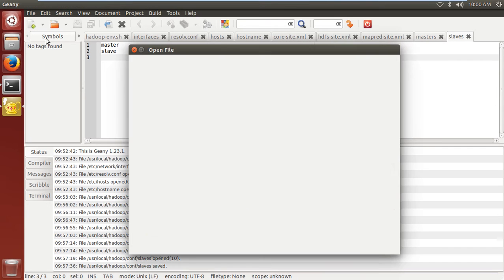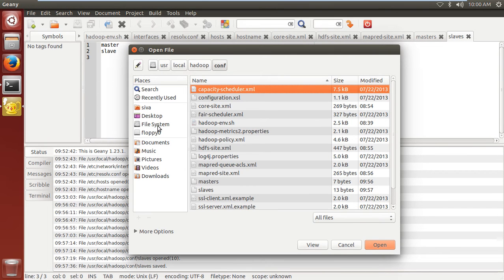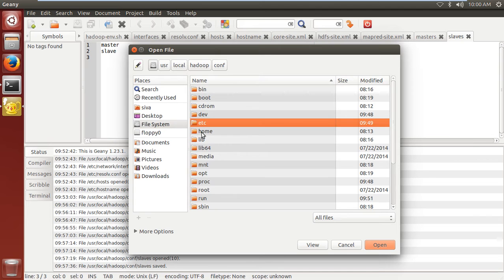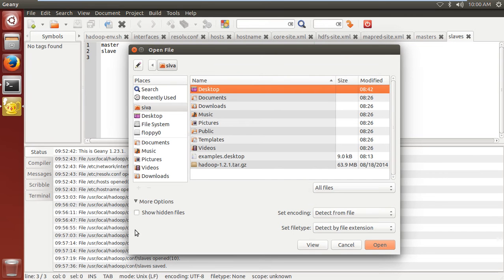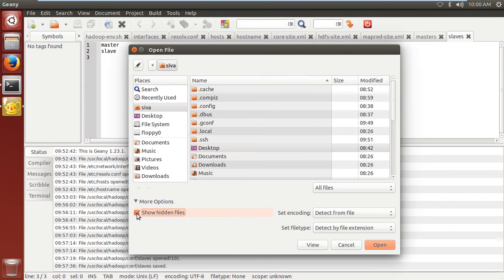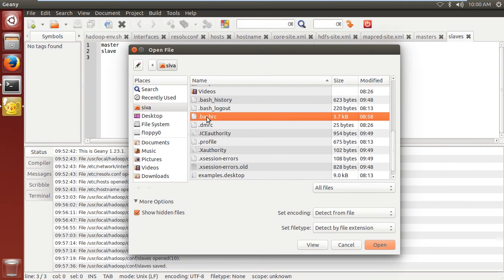You have to open a file under your home directory. What is the home directory for me? /home/Siva. By default it is not showing any hidden files. I'll click on more options and select show hidden files. It will show all the hidden files. There is one file called .bashrc. Any file starting with a dot is a hidden file. I am opening this .bashrc,